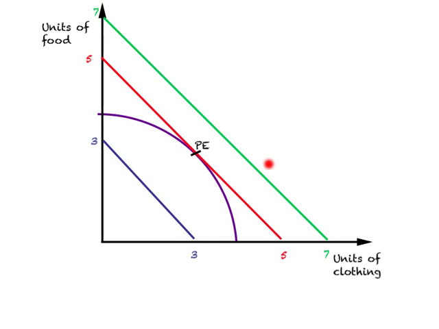This definitely implies a higher real income relative to the red line, but given the production possibilities available to this country, we know a line like 7.7, or the green line, is